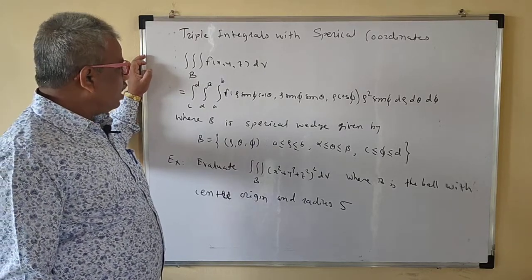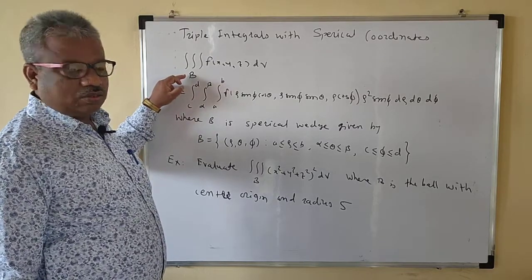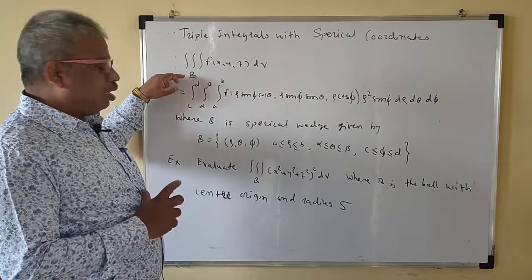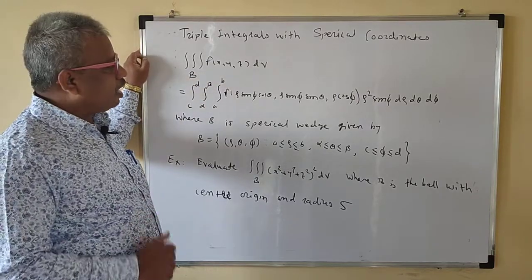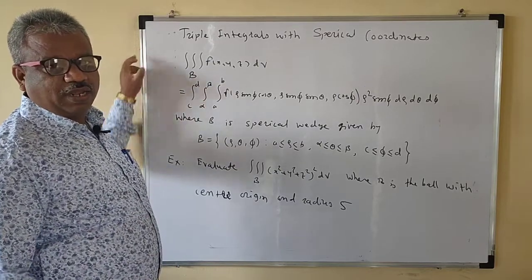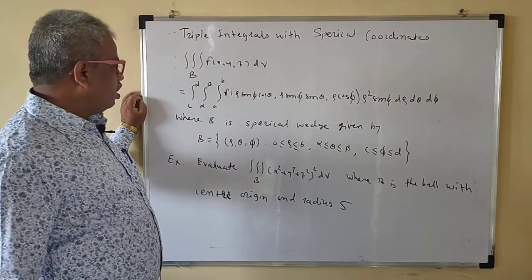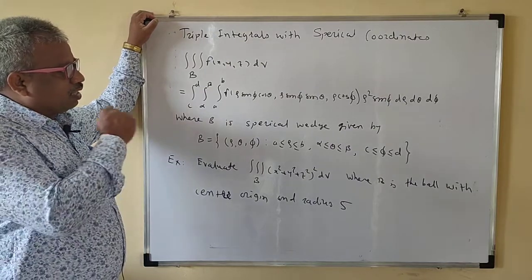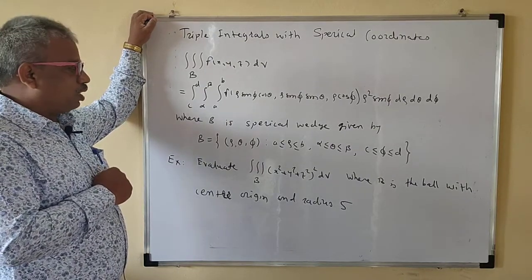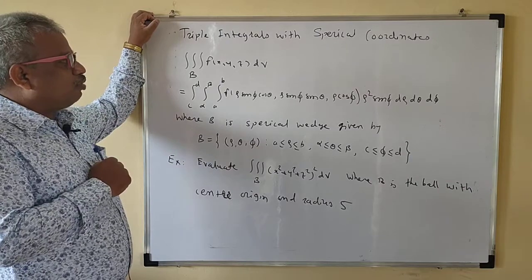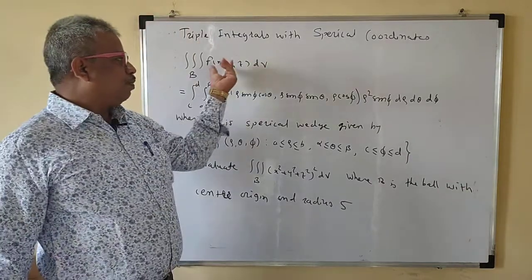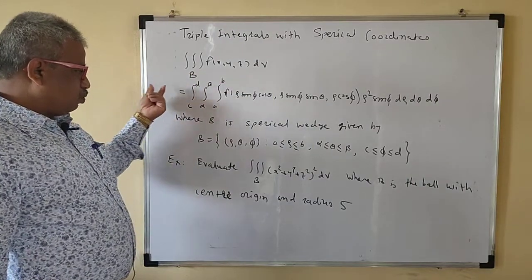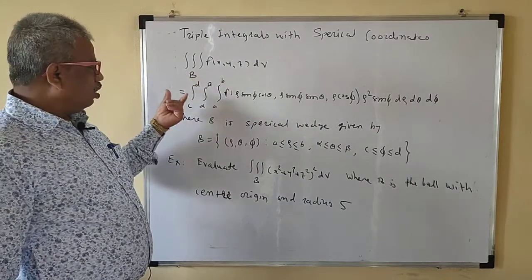Okay. So again, if you have to evaluate the triple integral over a spherical ball, then only you can apply the spherical coordinates. Spherical means it should be a sphere. So only along that can you integrate with the help of the spherical coordinates. So if you want to evaluate the triple integral with spherical coordinates, that means V is a spherical wedge or a spherical ball.